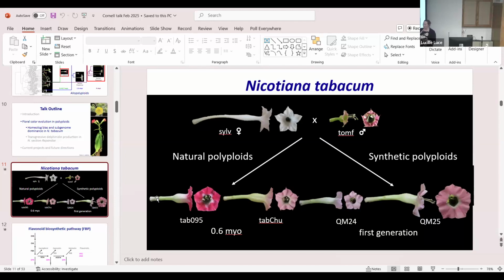Yeah, and that's part of why I didn't tell you a story about homeolog bias in Rapandae, because we have, I need two hands for this. I need two hands for everything. We have a threshold for when we're looking at those homeolog biases where we have to have less than 10% mismatch between our two copies. And for many genes, we reached that. For some, we didn't. Luckily for the tobacco story, we reached that for all of our flavonoid biosynthetic pathway genes. We didn't hit that for